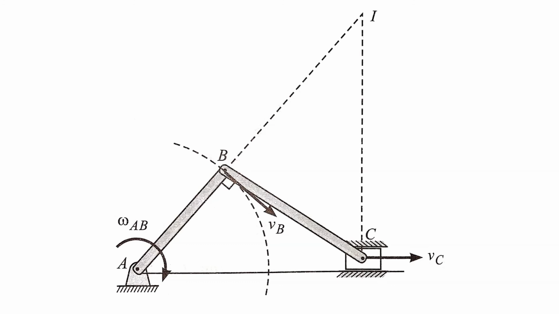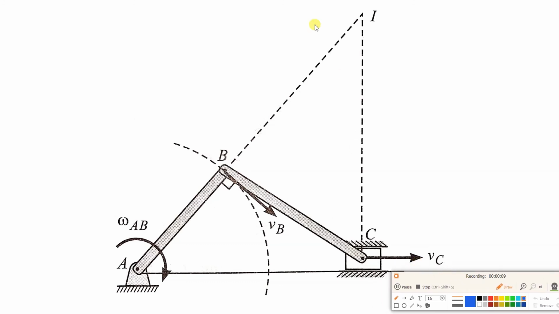Now suppose in the question it is asked that we have to calculate the velocity of this slider. Okay, we'll see the approach. If you keep your thumb at point I, keep your index finger at B, and rotate your index finger in the direction of velocity, which direction is this? It is anti-clockwise. So this omega will be omega of this rod BC. Okay, so we can calculate omega BC. How can we calculate this? VB is equal to R omega. R is IB, so VB equals IB into omega BC.